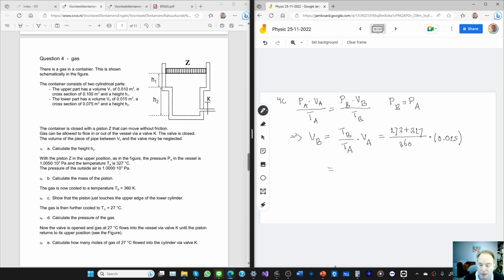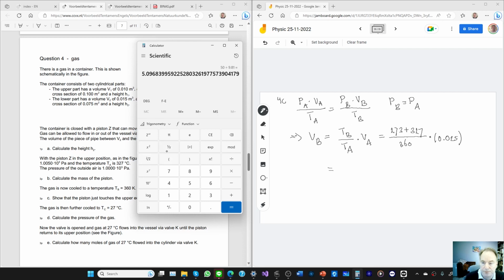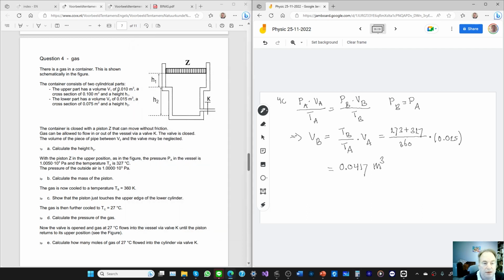So let's calculate this. We get 0.0417 meters cubed. And all right, so that's the volume. So the height